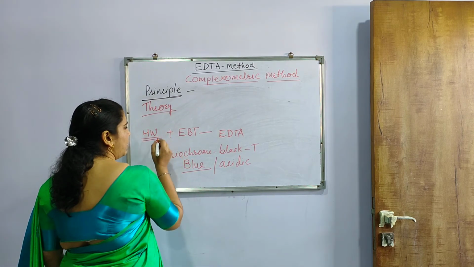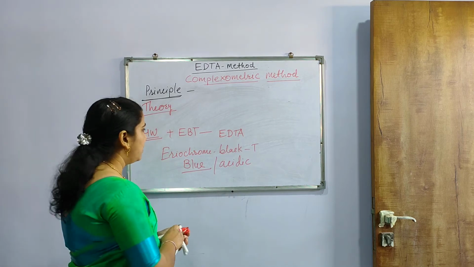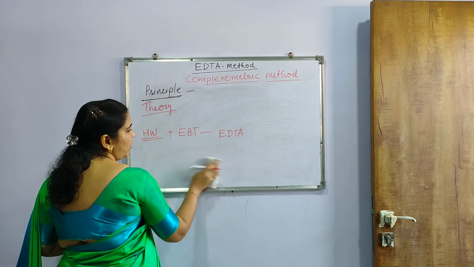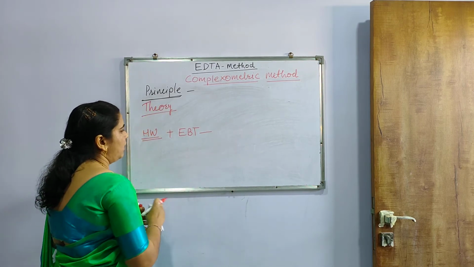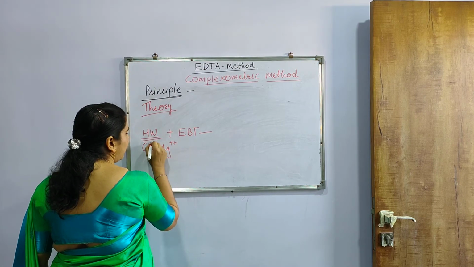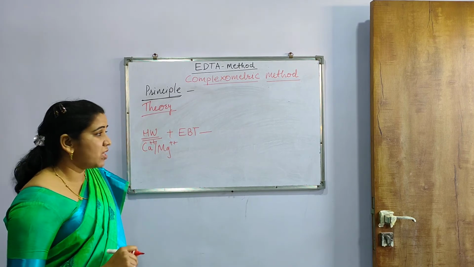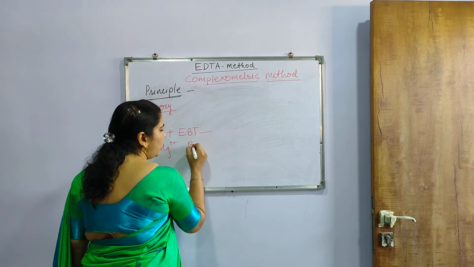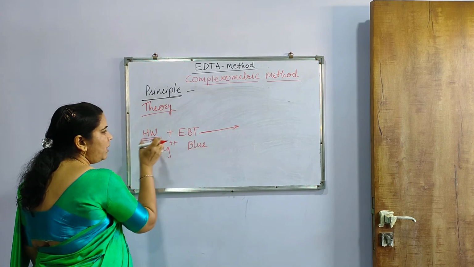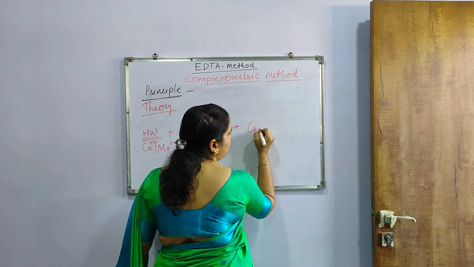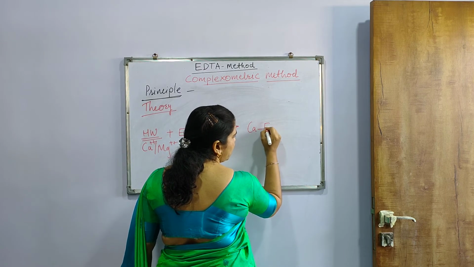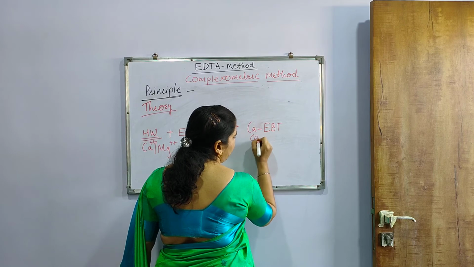So here is hard water. In this hard water case, there is no direct reaction with the water, but there is a reaction with different types of salts in it, because it is hard water. So salts containing Ca or Mg ions are there. So we will write here Ca or Mg ions plus EBT, which is a blue colored indicator. Whenever the reaction is going on, there is a formation of EBT and Ca or Mg ion complex. We'll consider Ca. Now this Ca, when treated with EBT, forms the Ca-EBT complex.